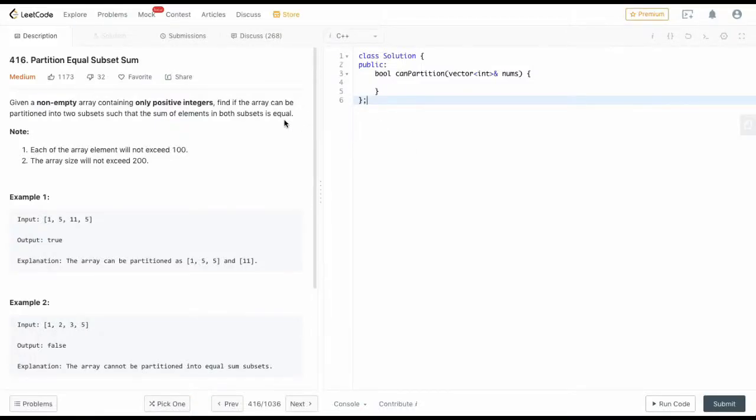So today we are going to solve this Leetcode problem 416, Partition Equal Subset Sum. The problem is: given a non-empty array containing only positive integers. We have to note that we are given only positive integers here. Find if the array can be partitioned into two subsets such that the sum of the elements in both